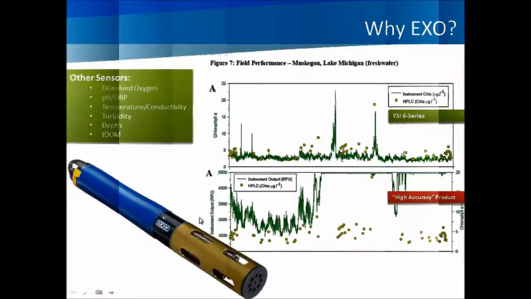But while measuring chlorophyll and blue-green algae together is necessary to get accurate data, as we saw from our St. Mary's example, it's also important to understand how an algal bloom is affecting overall water quality. Measuring other parameters like dissolved oxygen, pH, and temperature concurrently can paint a more detailed picture of the health of an environment. An EXO2 sonde equipped with the total algae probe still has room for 5 more probes and